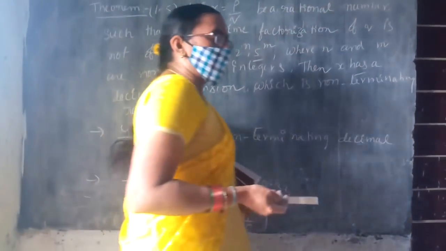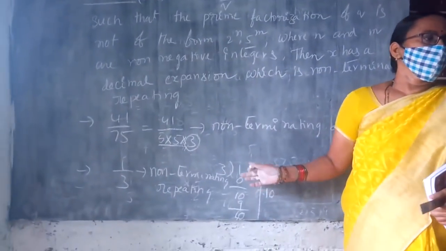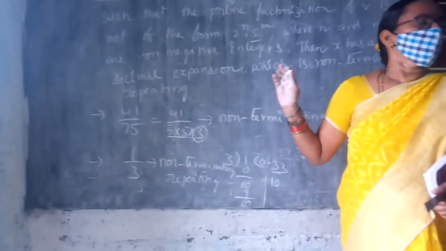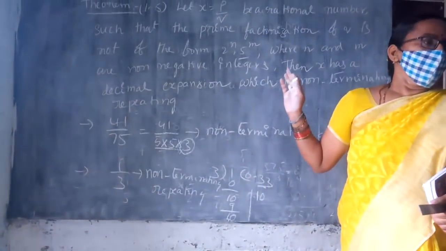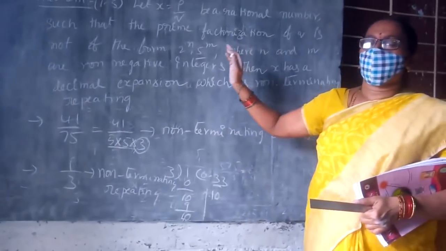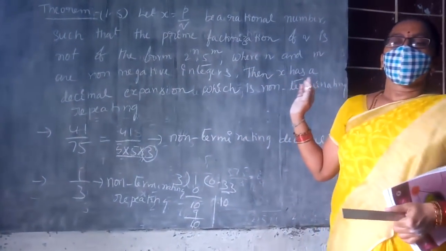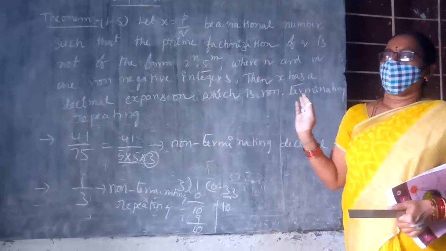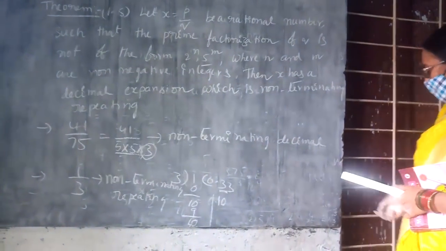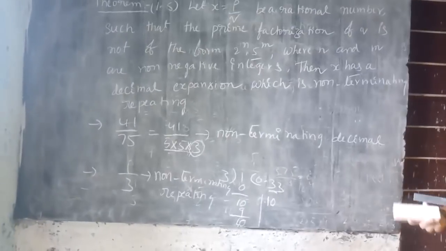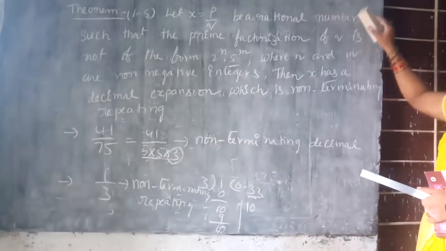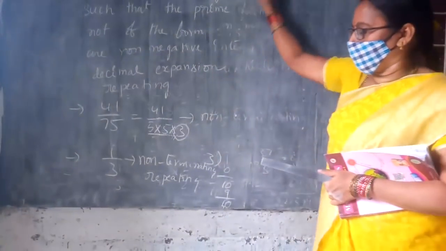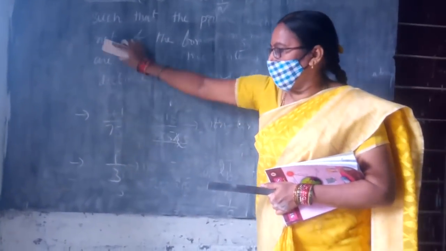Yes. Okay. What did we discuss in this class? What is the fundamental theorem? Every composite number can be expressed as a product of primes. Factorization is, apart from the order, unique. What are the uses of the fundamental theorem? The fundamental theorem is used to find LCM and HCF of numbers. Is it applicable only for integers? No. It is applicable for rational numbers also. And we also saw how it is applicable to the decimal expansion of rational numbers.